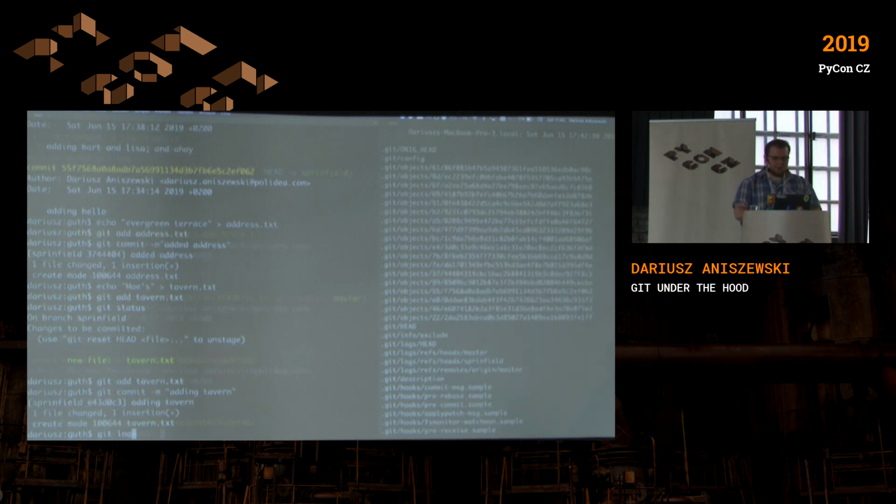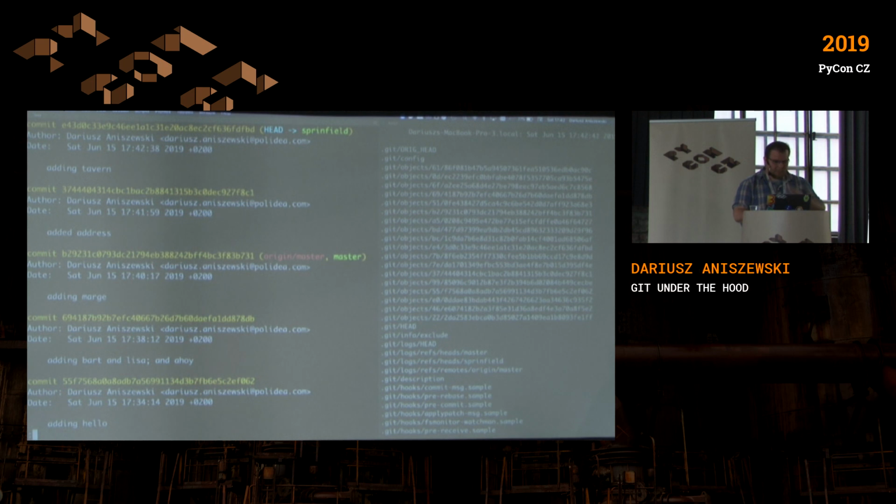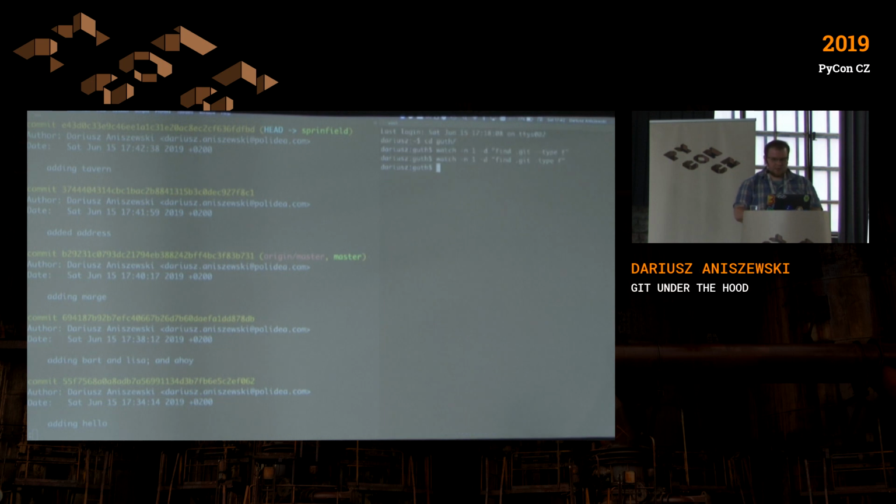So if you take now a look at the git log, we will see that we have a commit B29 something something that is basically the master branch, from which we created a new branch, which is the Springfield branch, and we have two commits here. I will stop this watch and I will start another. And what I wanted now to do is to cat the git head,